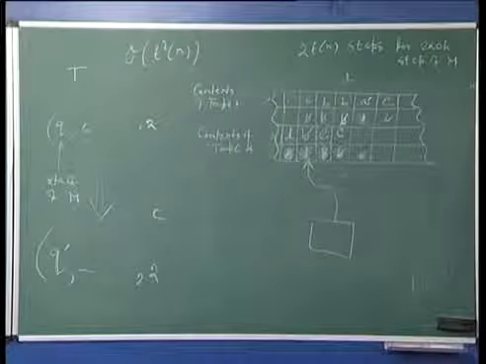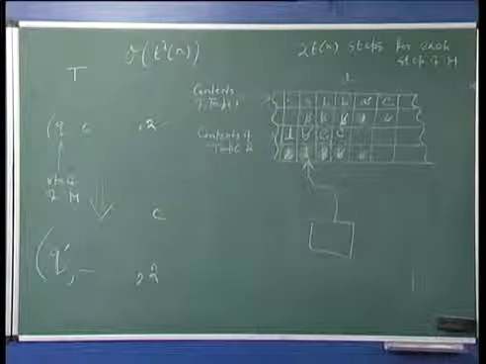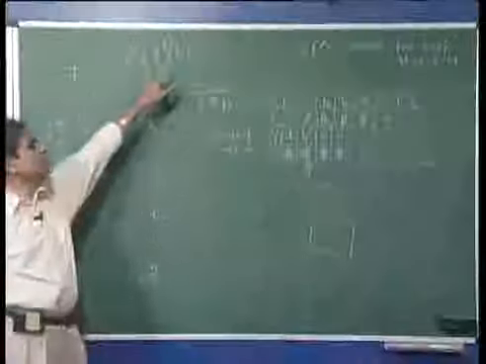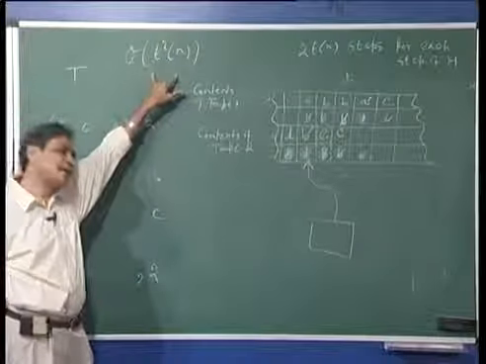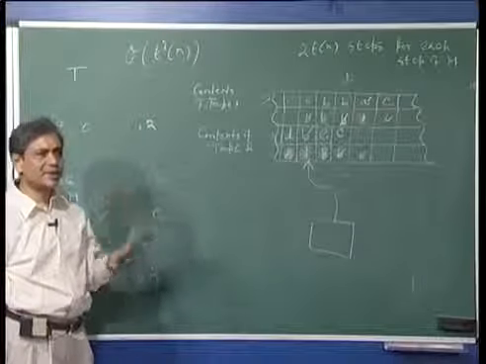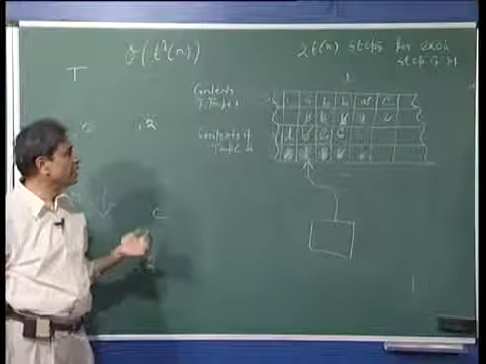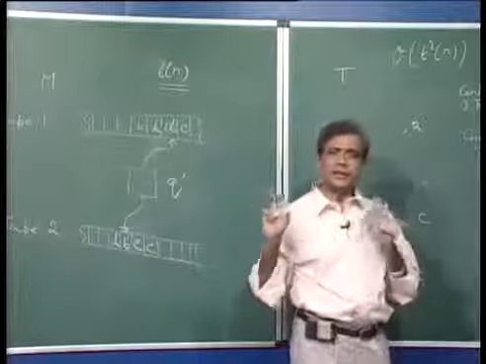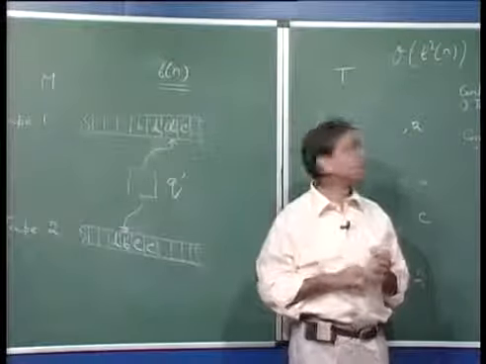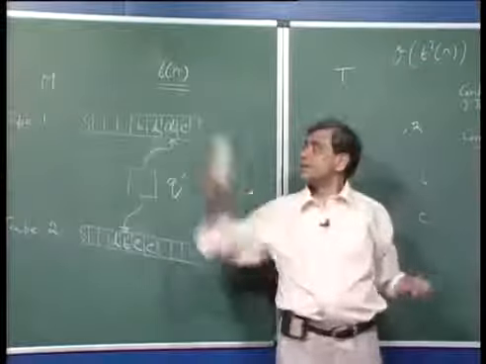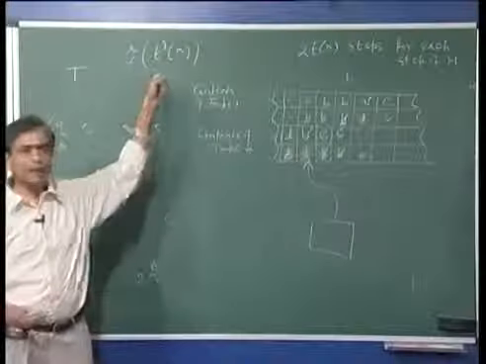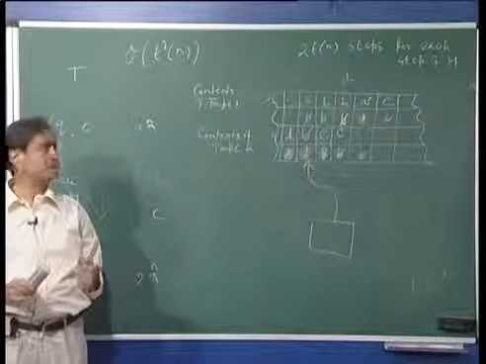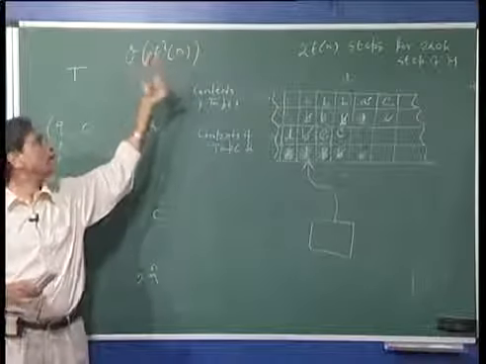So, there is a quadratic blow up in this simulation. Something that was happening in T n steps, you would require T square n steps here. Well, that is okay, because ultimately we will see that our concern is that if a simulation can be done in polynomial time, then that is good enough for us. There is a quadratic blow up, but this is a polynomial. If this is order T n, this is order T square n. So, the blow up is that the simulation cost per thing is quadratic, which is okay.